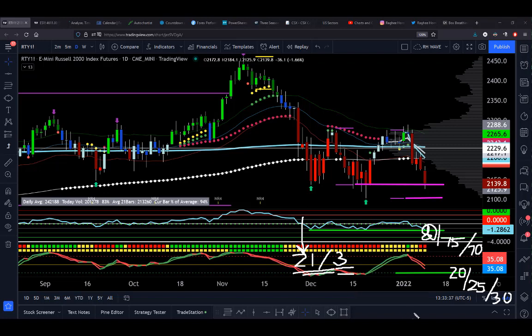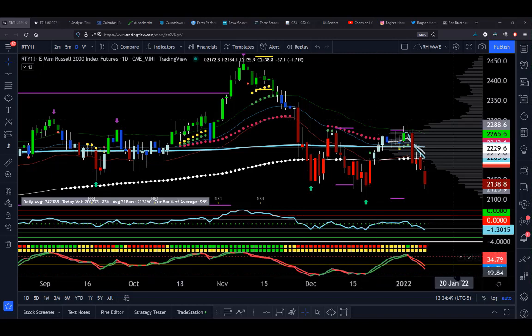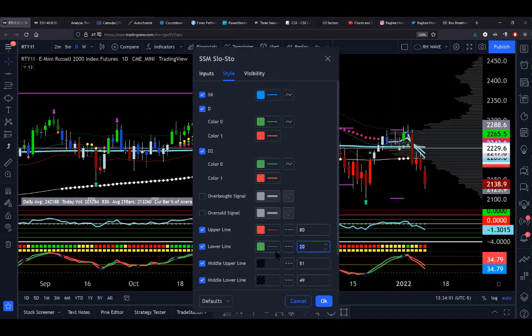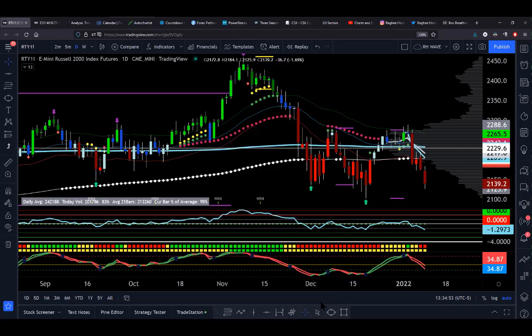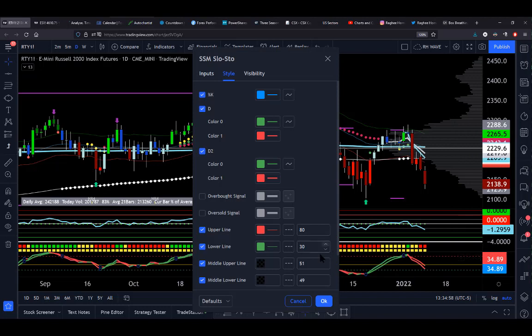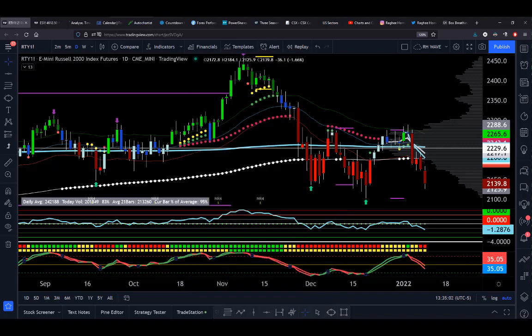But if I want to make it a little more aggressive, let's say I want to turn it up a little bit and just see, for example, I could just turn this into 30 and see where we are, right? We're still not there. Do you see that? We're still not at that oversold reading. So these are all things that you can think about when you're looking at whether a market's oversold or not. And I'm going to really look for something to get down to closer to 2100 before we have an oversold Russell that we could buy. So there you go. There's a look at the broader indices, and